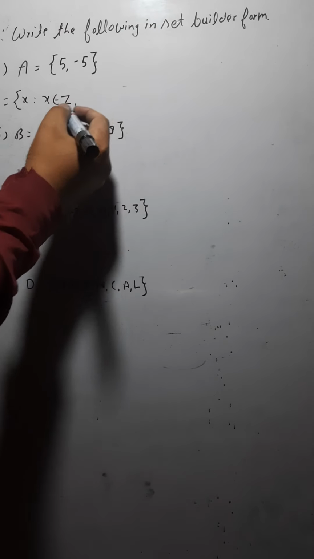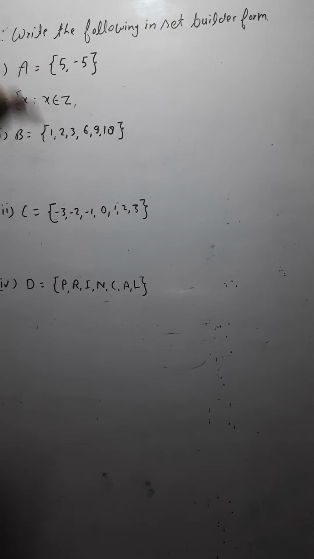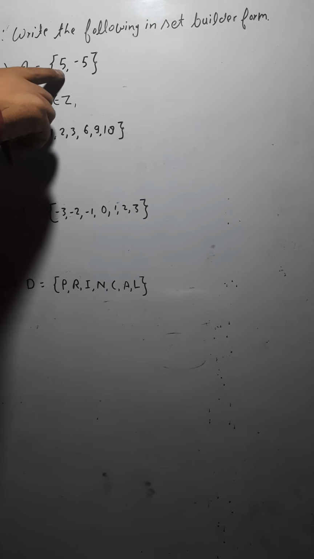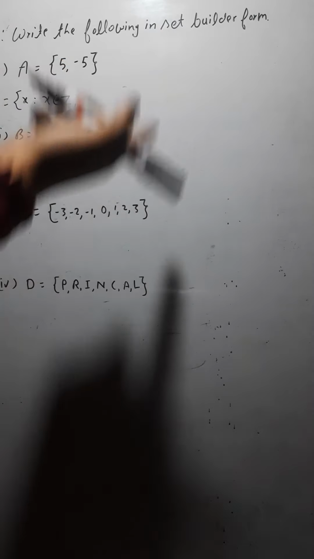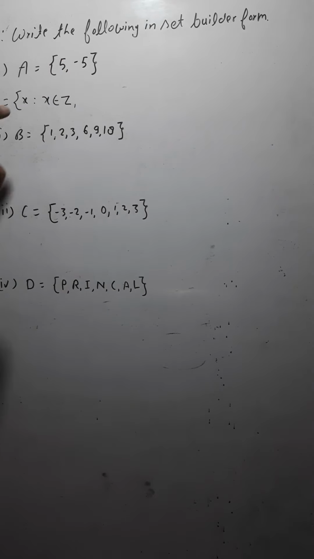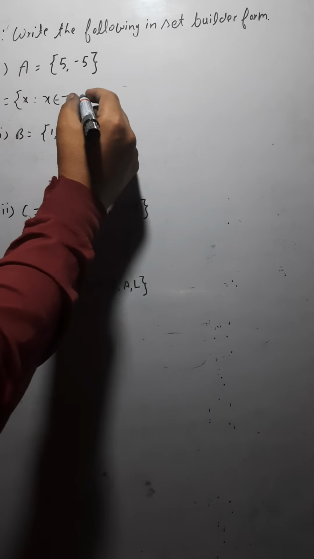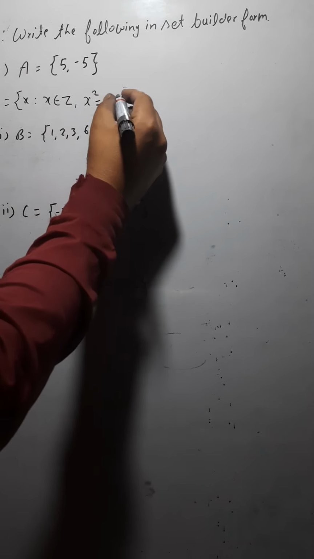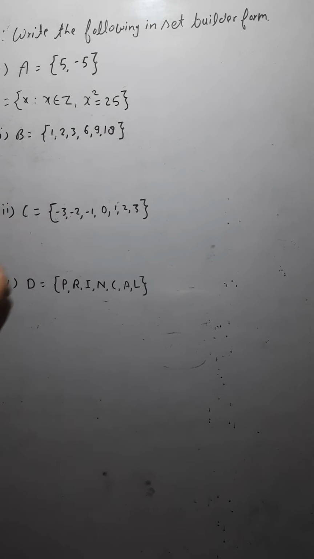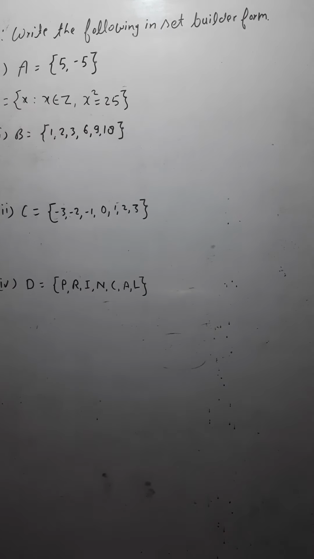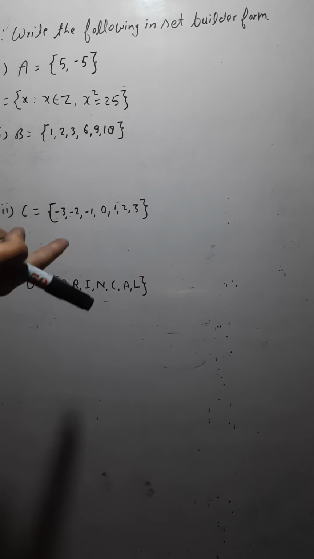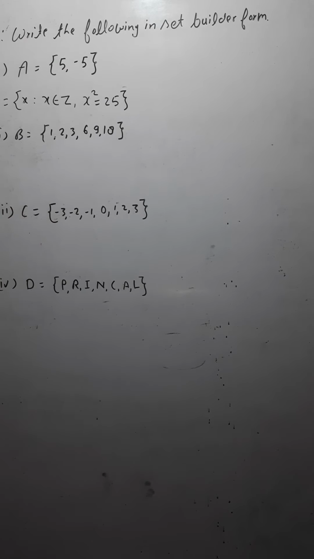But this is not the complete information because there are many integers. Again, you have to limit this. You need only two integers there. Now if you see, the square of 5 is 25, and the square of -5 is also 25. So you can write that you have element x such that x belongs to Z, and x square is how much? 25 in each case. So this is how you would limit the set. Here x square should be equal to 25. So only two elements you would get, -5 and 5. Getting it or not? So this is how you would represent the given set in set builder form.